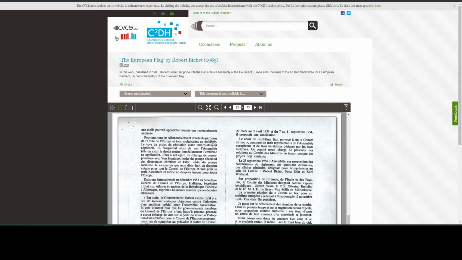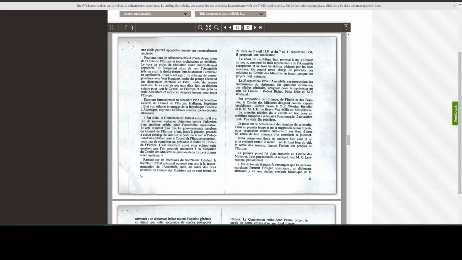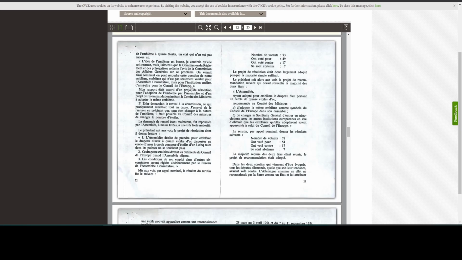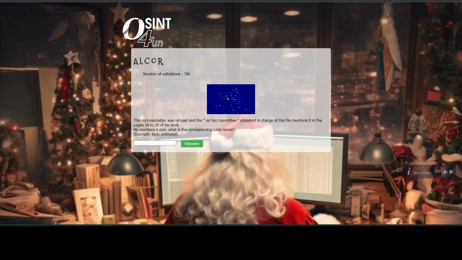I found this one here, but again, it is all in French. We were told that on page 18 to 20 of his book, he mentions it. It says he mentions a pun, which is, what is the corresponding Latin name?